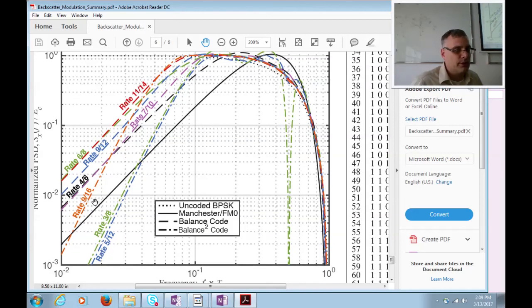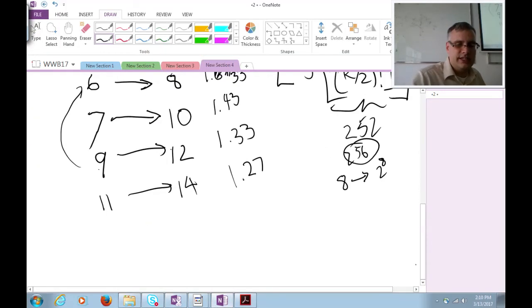But you'll notice that there's a couple of interesting code books that have this sharper edge to them. So solid black line, again, that's Manchester. And then I've got my rate 4/6 here, my rate 7/10, my rate 9/12, my rate 11/14, my rate 6/8. These all dive with this kind of 1-to-1 slope, because these have, when you look at their power spectral density of the signal that you make with this,